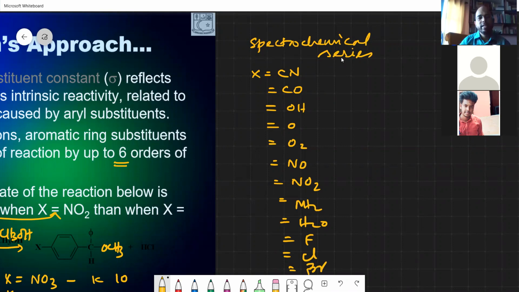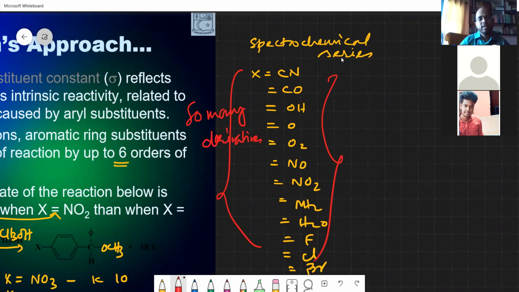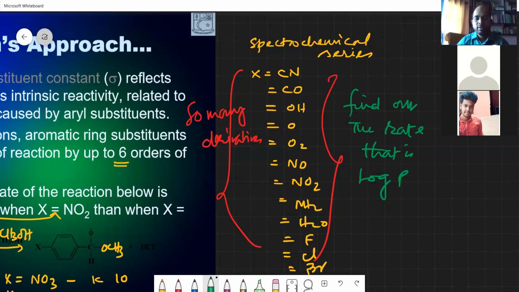So many derivatives you can take. After taking this, find out the log P. So if you find out this rate from the information, you can get